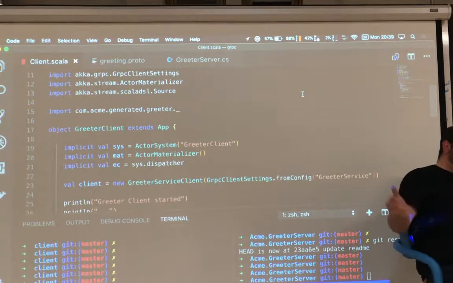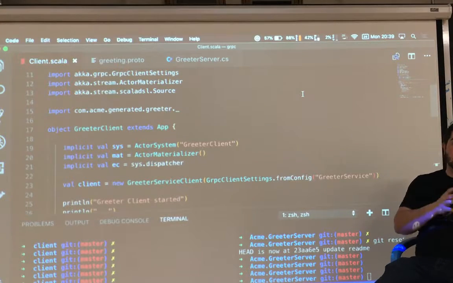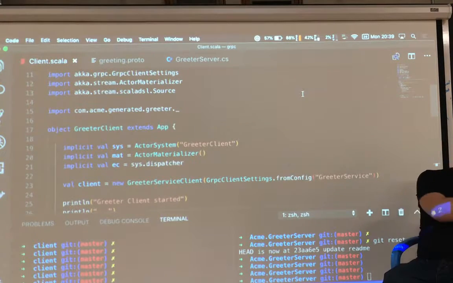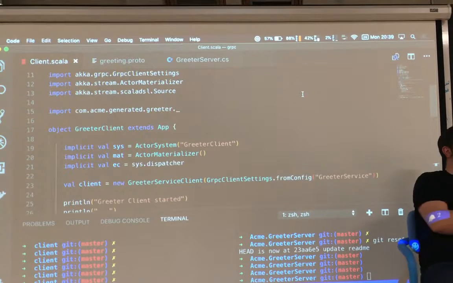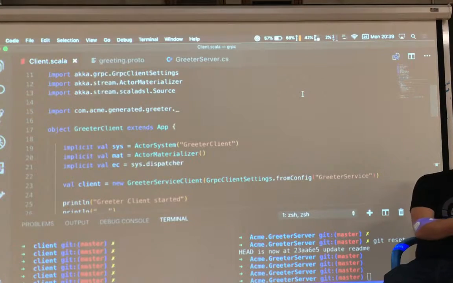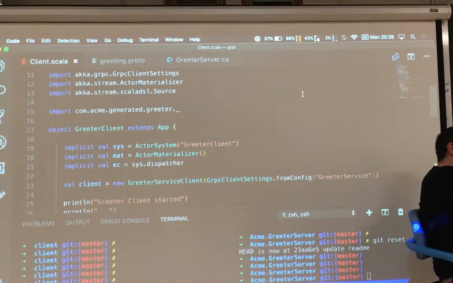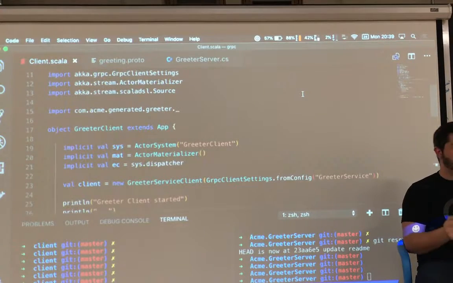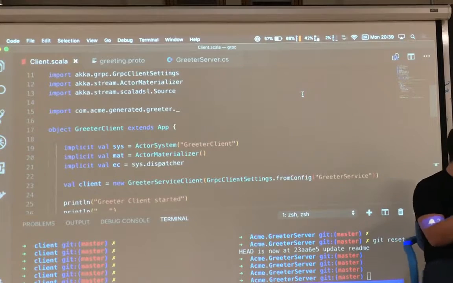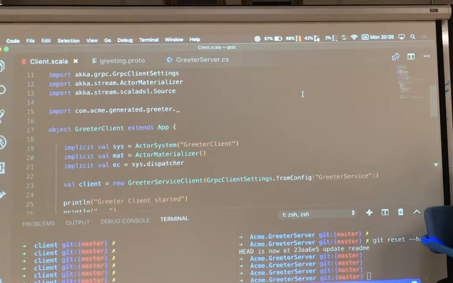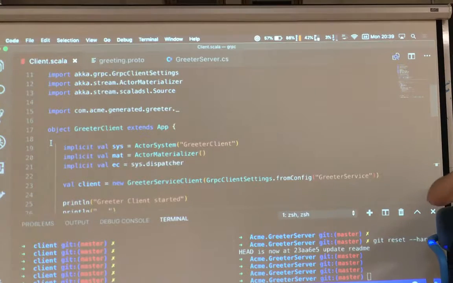For a lot of the other languages, there are officially supported generators. The Google team have created a Java generator for classes. Scala is not an officially supported one, but it's created by the Akka team at Lightbend, and that works really nicely. It's pretty easy: you add a couple of build plugins, and in the compile phase it reads the proto definitions and generates these classes you can use in your code.